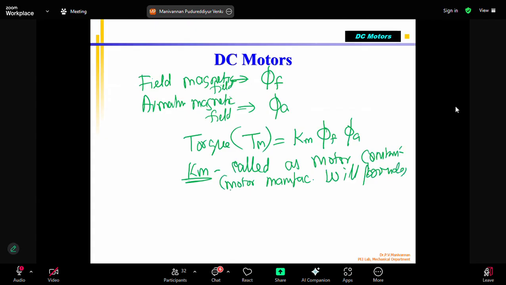That means now we know that this is proportional to IF, which is the field current. And this is proportional to IA, the armature current. This is proportional to the armature current. Okay. Now,